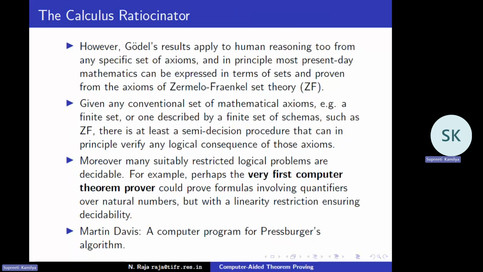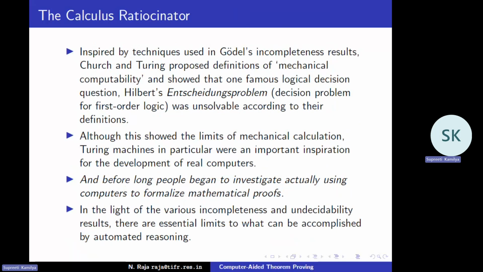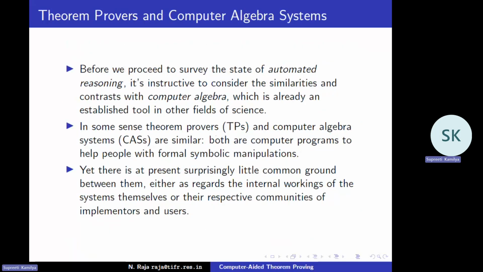Like I said, there are various communities in computer science among computer scientists who have been using computers to deal with proofs. So there are people who use computer algebra systems, and then there are people who use theorem provers, and there is quite a distinct disconnect between these two communities. So let me show you some major aspects of these two kinds of systems.